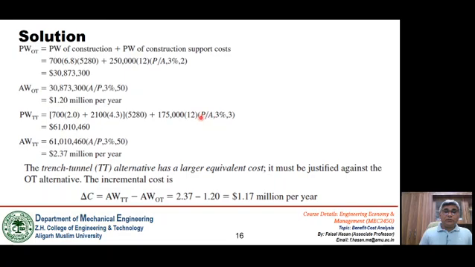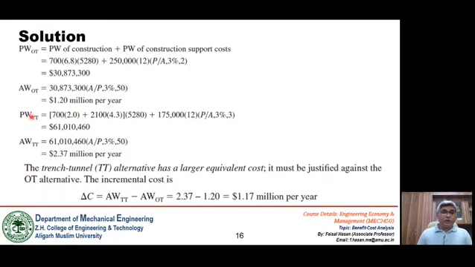So A is given, we have to find out P. Interest rate is 3% and the project duration is 36 months, or we can say 3 years. If we compute this, the present worth of the tunnel trench comes out to be $61,010,460. So again, we have evaluated this for 3 years or 36 months, but the project duration is